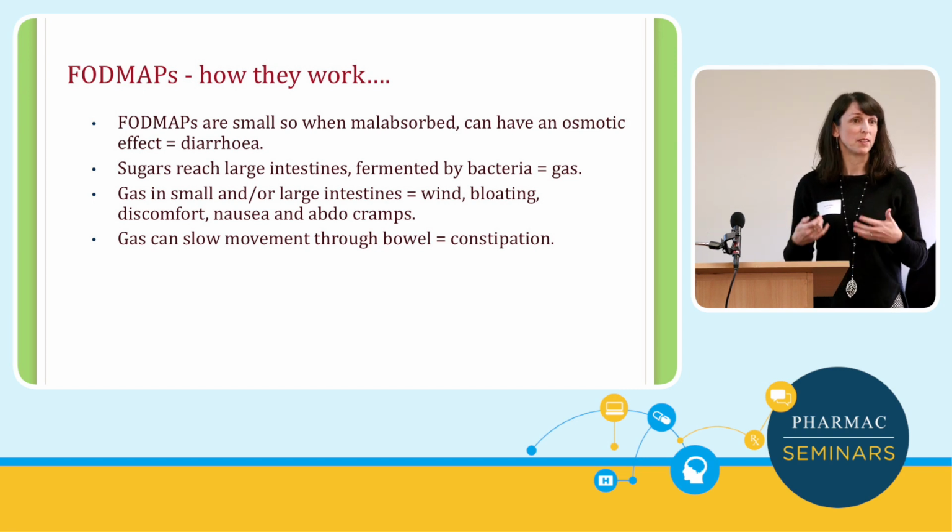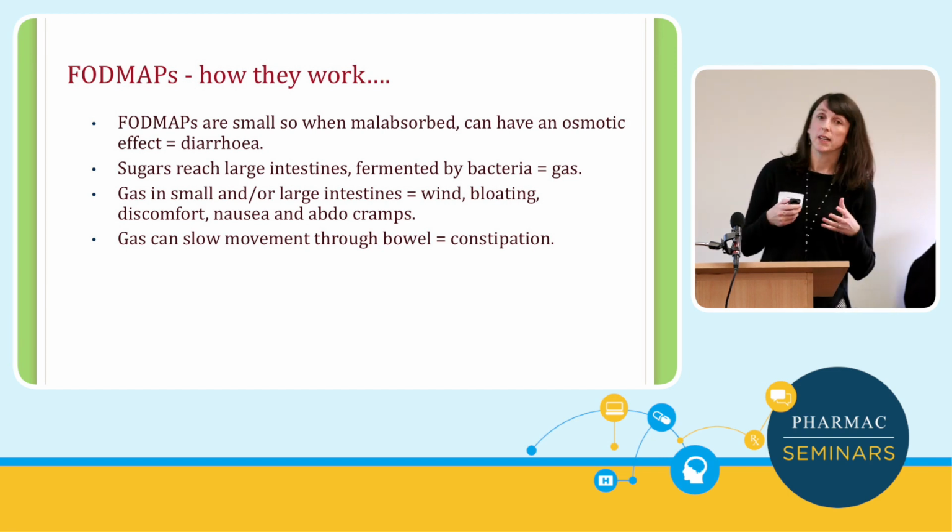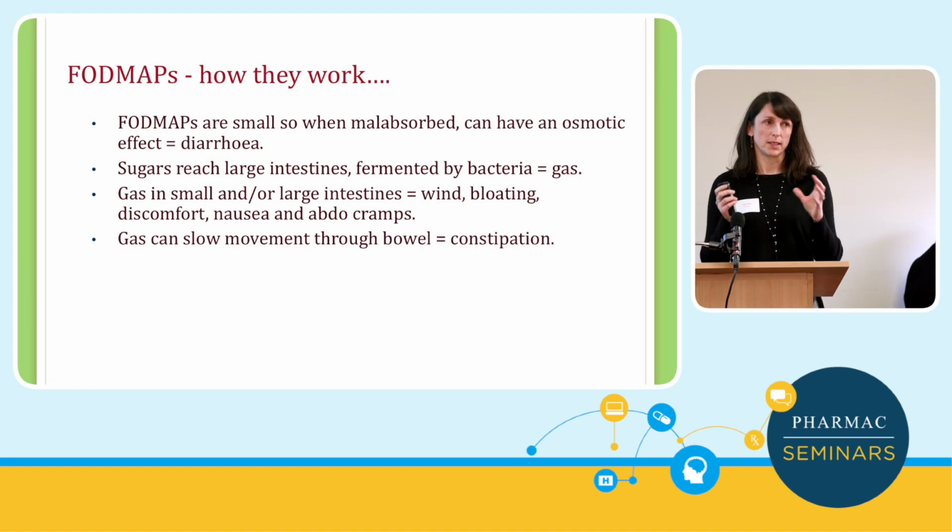People talk about their stomachs being really noisy during quiet meetings. They talk about not being able to control their bowels and having accidents. So the changes can be quite profound. I once worked with a woman who had a hemicolectomy, and she was going to the bathroom about 25 to 30 times a day, and she was on the sickness benefit and a lot of morphine. On the FODMAP diet it went down to 4 times a day, so she was able to go back to work again. So this diet has really